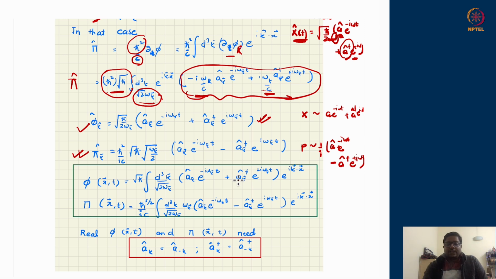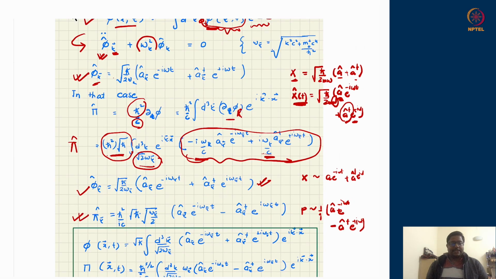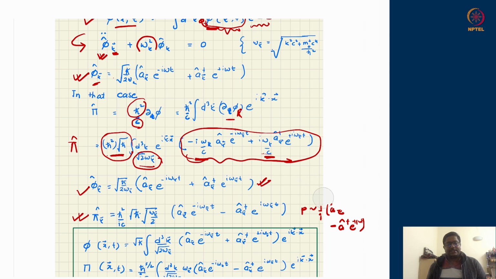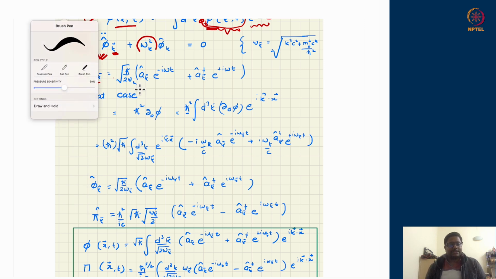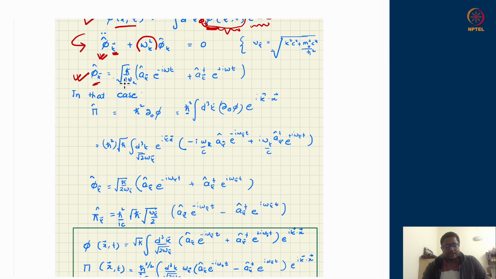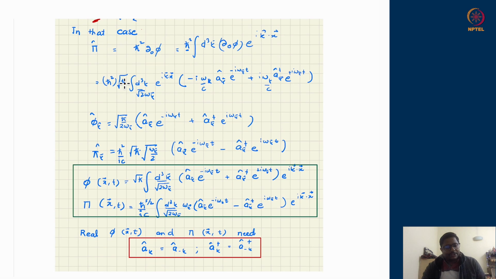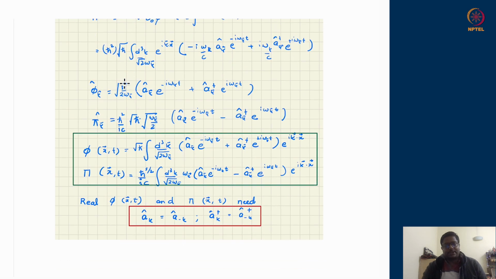One more thing, we want our fields to be real. Right now the discussion is focusing on real fields. Fields could be complex as well, because remember, initially we were after finding out the operator version of the wave function, and there is no demand on the wave function that it has to be real. But let us consider the special case that the field I am after is a real field. It's a subset of all possible fields. Complex fields could also be there, but I'm right now talking about only real scalar fields.